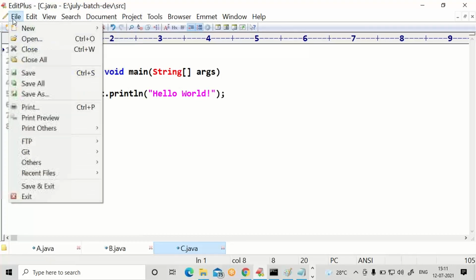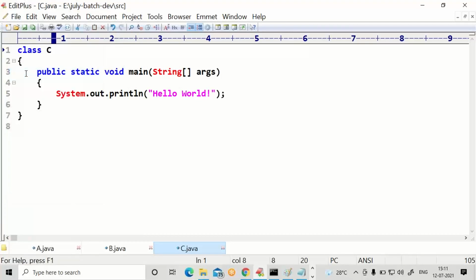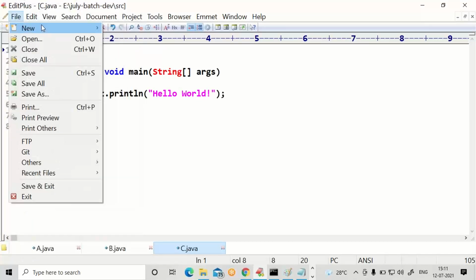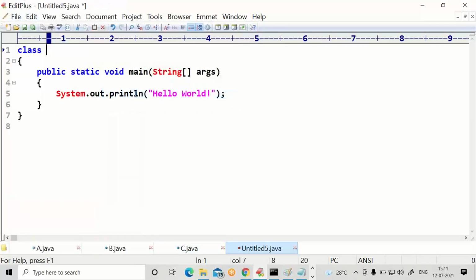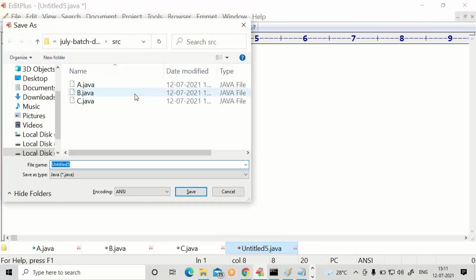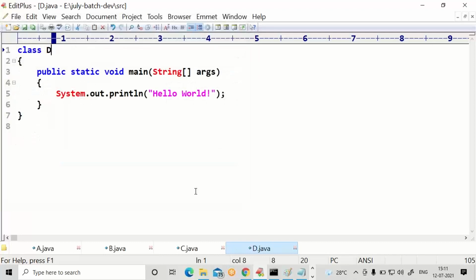Go to the file new Java. File new Java. Everybody. Class name D. Control S. Save class name inside SRC. All Java files should be developed in the SRC. Click on save.